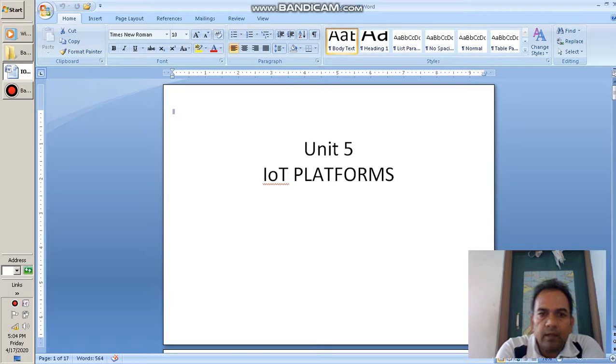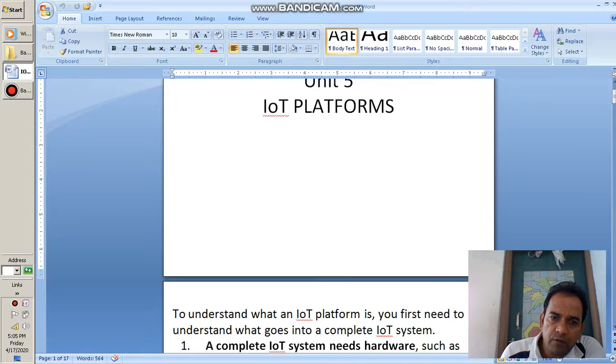And as you know, what is the role of a platform? There are several platforms we have come across when doing our engineering. For example, the best example is an operating system. You all know the importance of an operating system. It is the best interface. So when we discuss the different IoT platforms,